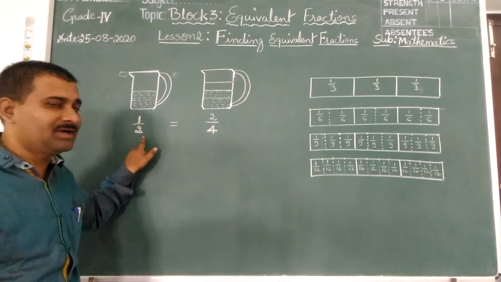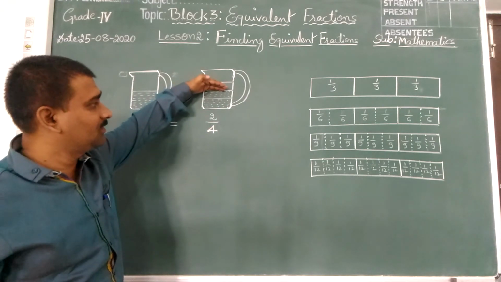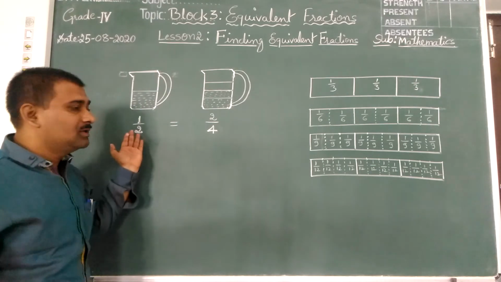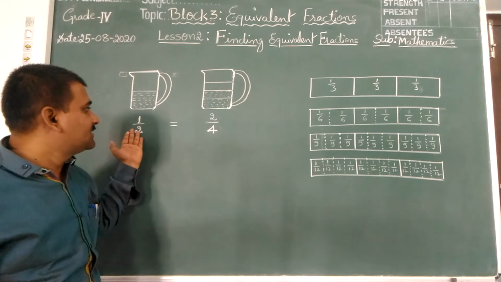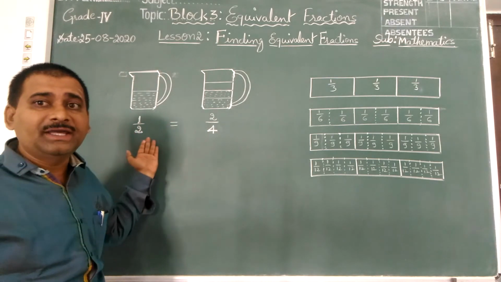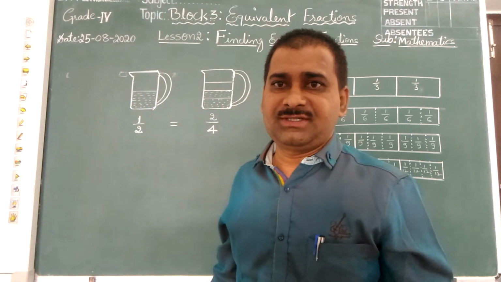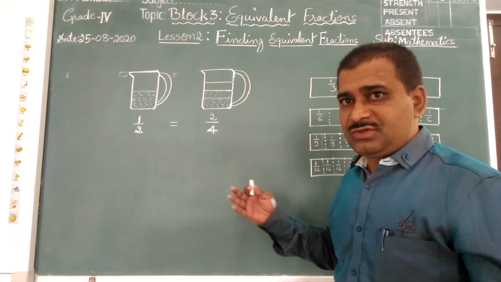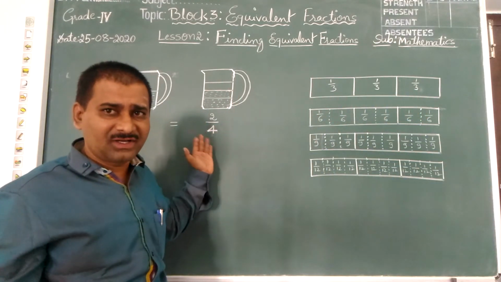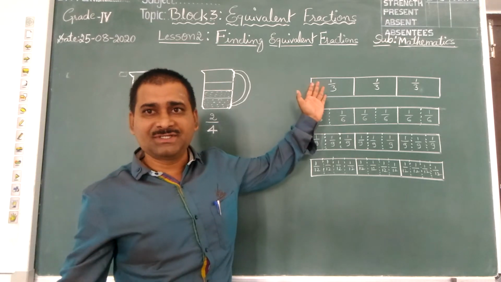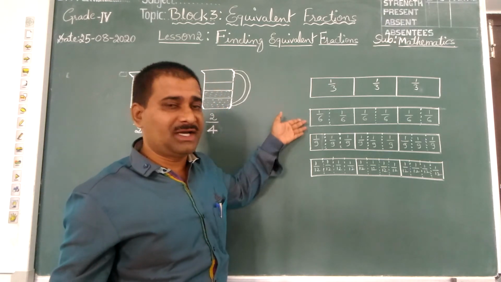This also represents 1 by 2. This is half now, 1 by 2. So, the fractions which represent the same value or equal value are called equivalent fractions. So, to know more, if you have a doubt further, one more example I have taken here, your doubts will be cleared. Right? I have selected 4 strips.